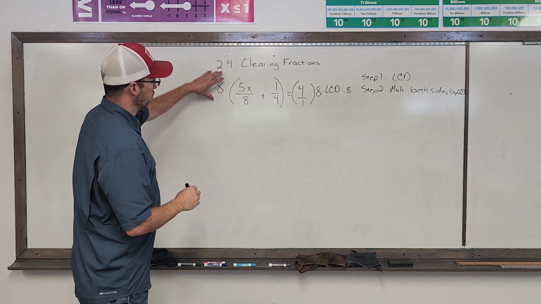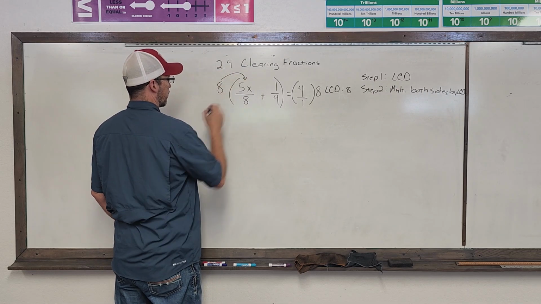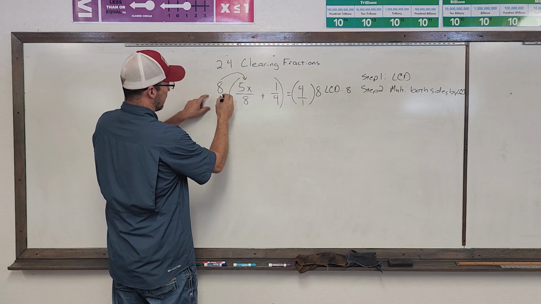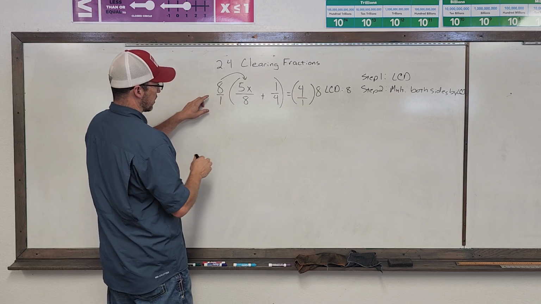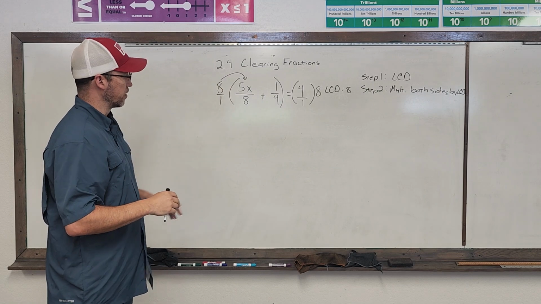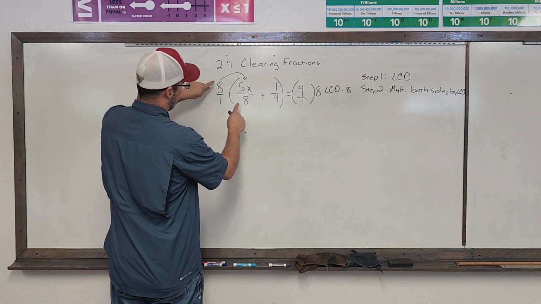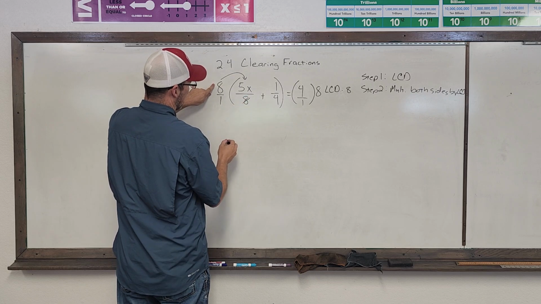On this one, when I multiply it, we've got to distribute it. We know how to distribute it. I multiply it times this term first. The 8, I'll put it over 1 so it's a little easier to see what's going to happen here. Anytime I'm multiplying fractions and the top and the bottom have anything in common, I can get rid of it or reduce it. So I'm going to get 8 over 8, that cancels out, leaving me with